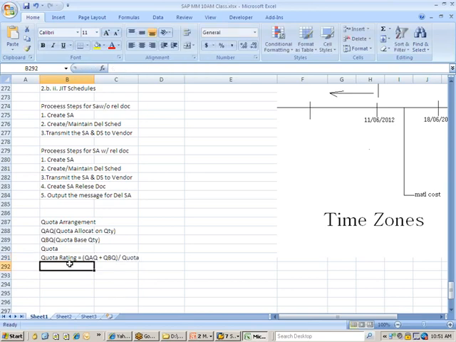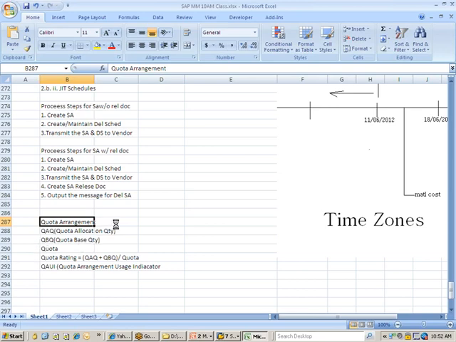And then you have something called QAI, which is called quota arrangement usage indicator. So these are the things that you need to understand to work with quota arrangement